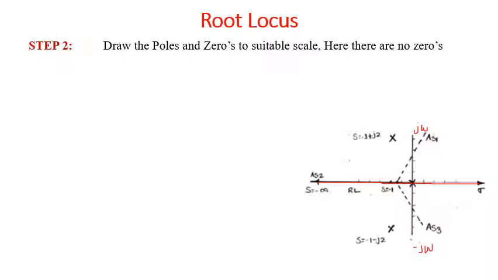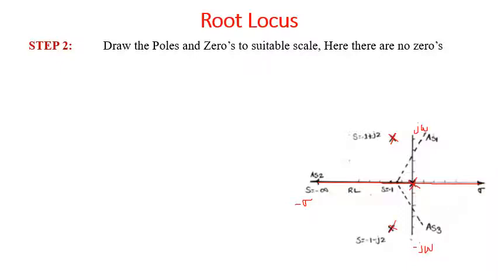This side sigma is tending to infinity, so it is minus sigma. Now locate the poles. One pole is at s equal to 0. The poles are located by x mark. Then one more pole is going to be located at s equal to minus 1. That is, from here it is minus 1, and then it goes here, that is plus j2. Okay, then one more, minus 1 minus j2. So here, minus 1 minus j2.